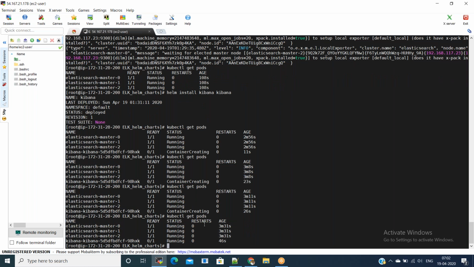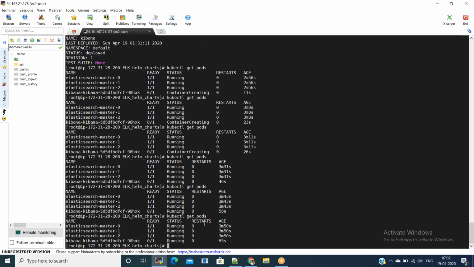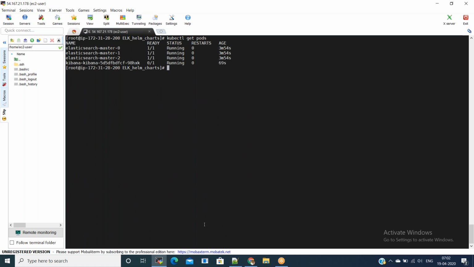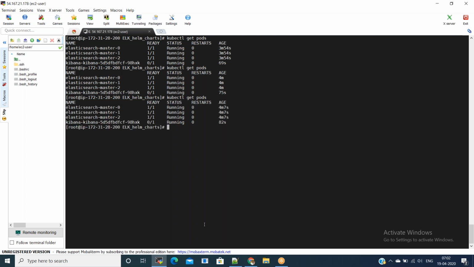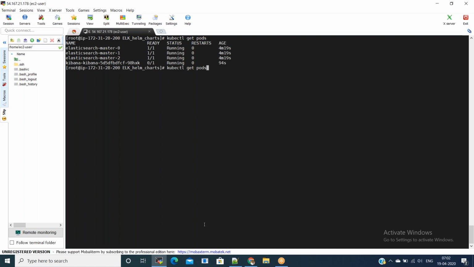Now the status came to running state, and we should wait till it comes ready. Now Kibana is also up and running.